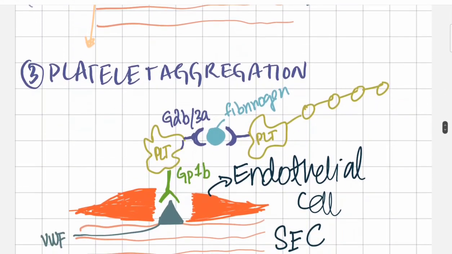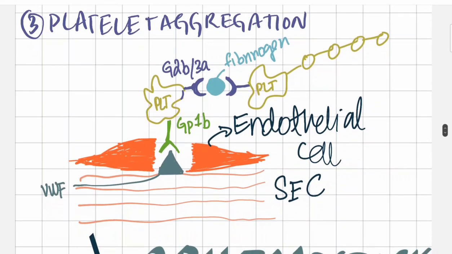Then the next step is platelet aggregation. In this, we need one fibrinogen molecule and another platelet. Via GP2B3A receptor molecules on both platelets with a fibrinogen in between, it is going to form an aggregate. So that is how platelets are going to aggregate, and they're connected. But this right here is very weak, and for this we will now move on towards the coagulation cascade,